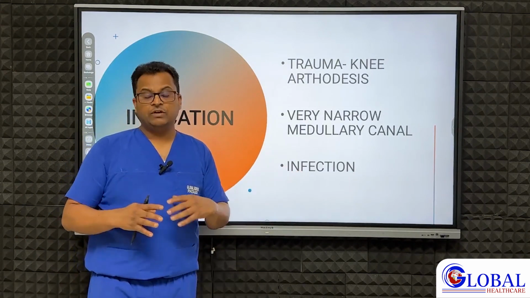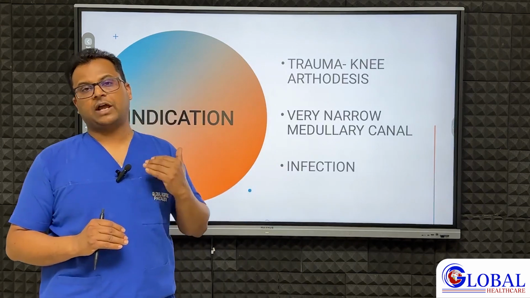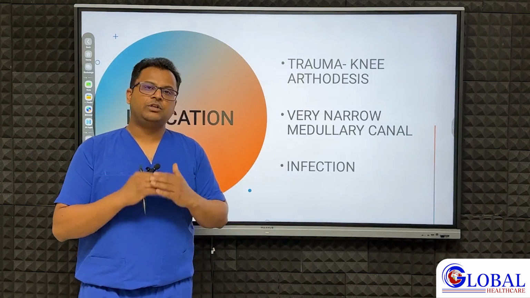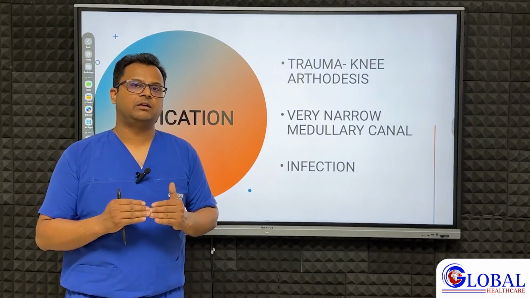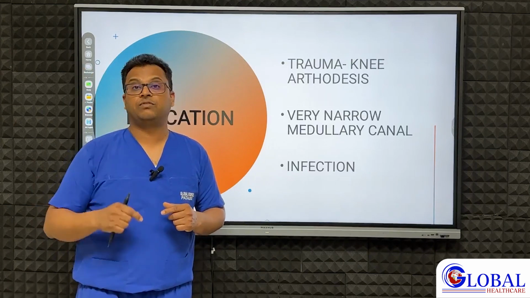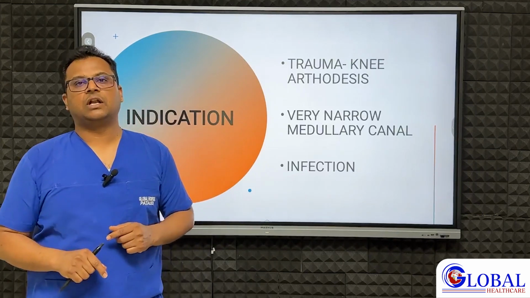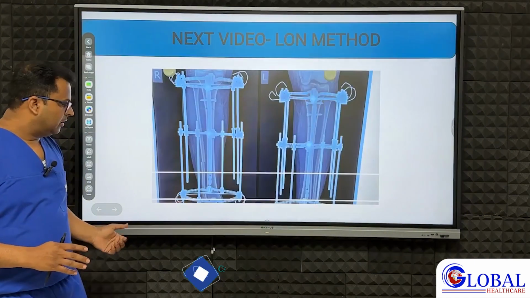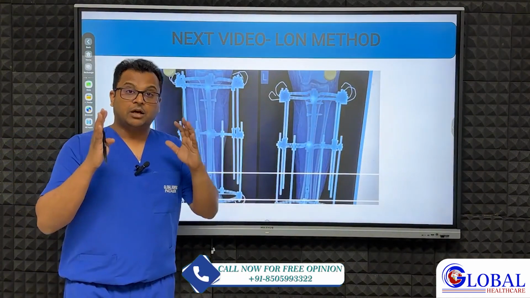And finally, if you have a history of infection, like following a fracture, you have infection and then there is shortening, we should not go for the nailing method. We should always go for the Ilizarov method, because if we go for a nail, then the chances of recurrence of infection are higher. So these are the methods we have discussed today about the pure Ilizarov method, and in the coming video,